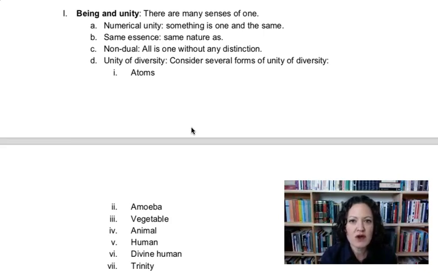So here's a word, one. And we want to ask, what does one mean? What is the nature of one? And we'll find out that this word one is used in a number of different ways, so that there is ambiguity in the use of one. But if a person were to say one, we can ask them, what do you mean by that? And we can try to get at the nature of the reality of the one that they are talking about. So let's go through this.